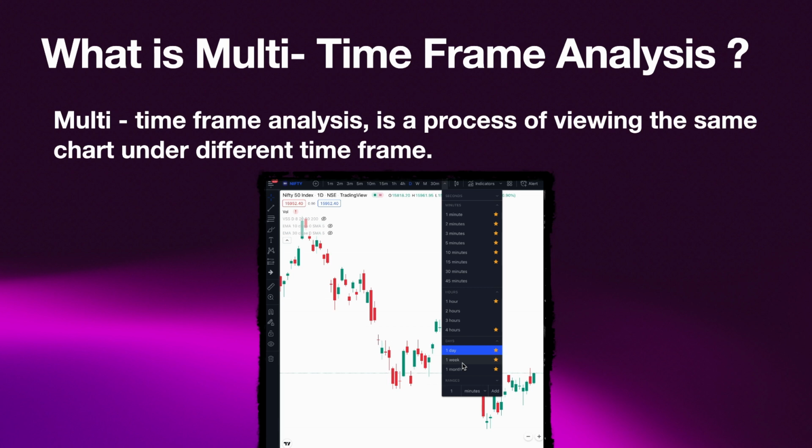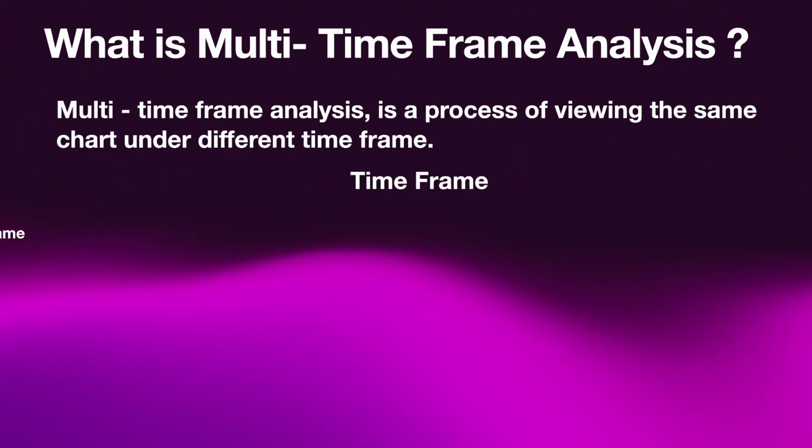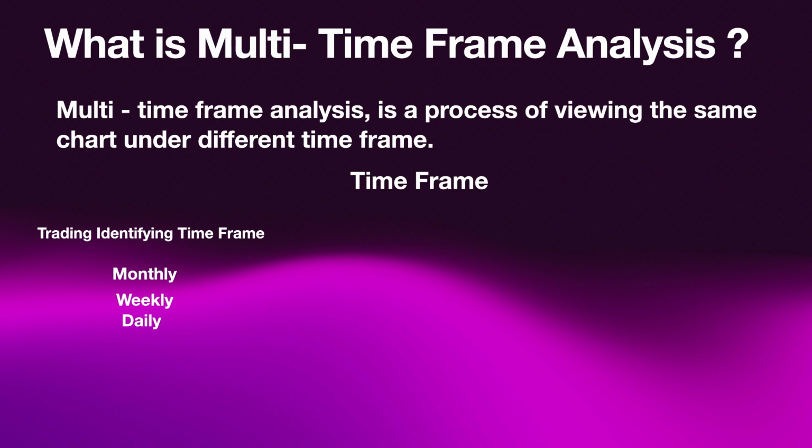Now each of these time frames has its own significance in trading. It is very important for us to check how the stock is performing on a higher time frame before we enter the trade. This helps us in understanding the overall short-term trend and market sentiment. Now depending on each person's trading style, time frames can be divided into three categories. The first one is the trend identifying time frame. Monthly, weekly and daily time frame charts fall under this category. These time frames have to be used only to identify the current trend of the market. You cannot enter the trade in these time frames if you are a short term or intraday trader.